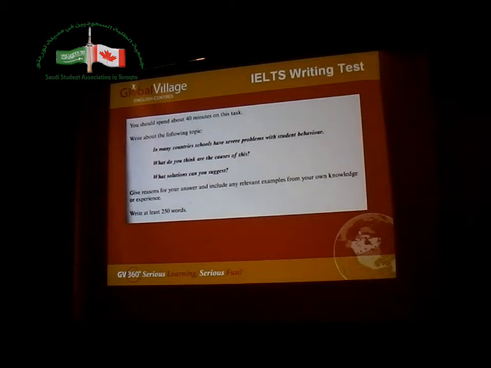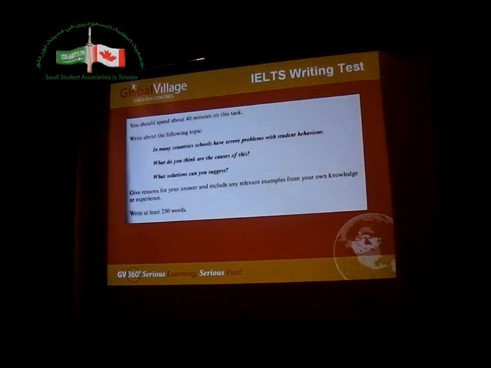Okay, let's go on to talk about writing test part 2. It's the essay. Now you guys of course have probably studied writing essays a lot. We're going to have a look at this question and the task. You have the question. The time is 40 minutes for this. Most people already took 30 minutes doing part 1, and now they only have 30 minutes for the next part. So don't make that mistake.